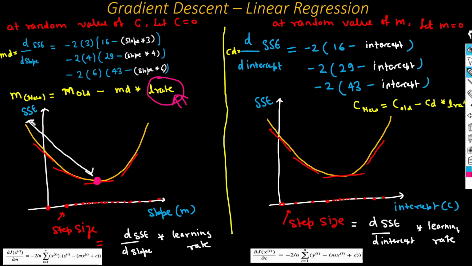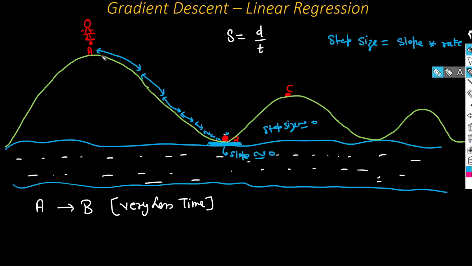So what we can do is either just jump from this location to this location, but what would be the disadvantage of that? Let's understand this by one example. Let this be person A and he wants to reach this particular point B. So what he can do is either jump from this location to this location directly, but what would be the disadvantage?